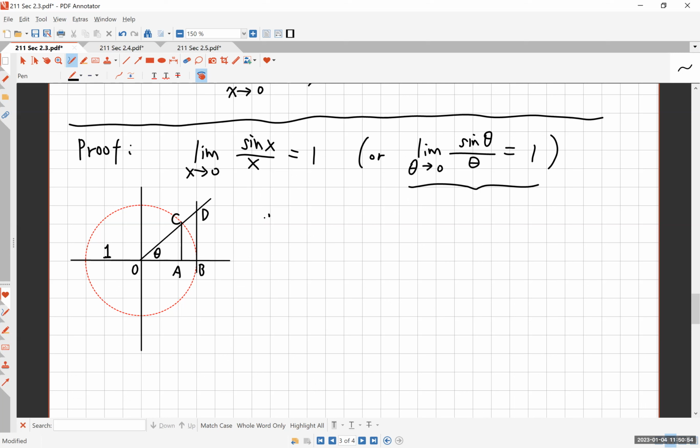Okay, so now you find the area of the triangle OAC. AOC. Wow, sounds like a congresswoman. Triangle AOC. So that triangle AOC, right? So you have this area of the triangle that you can see is less than the area of sector